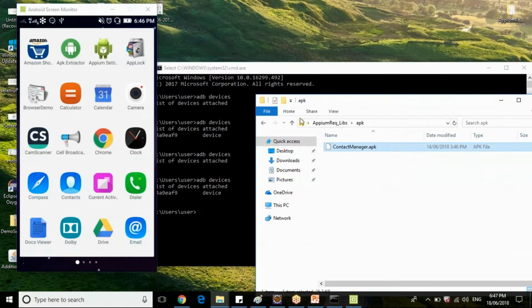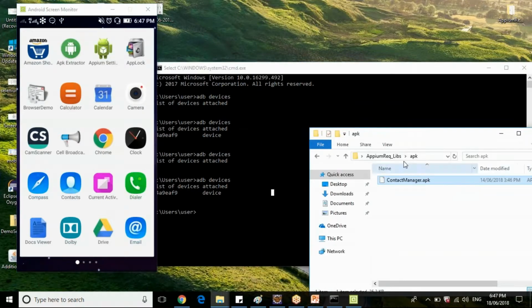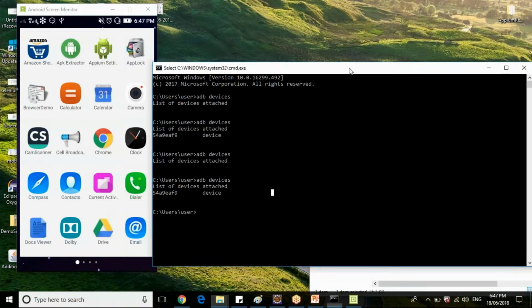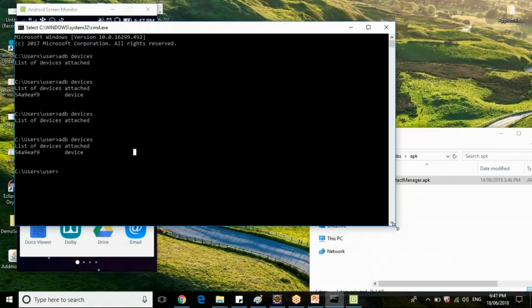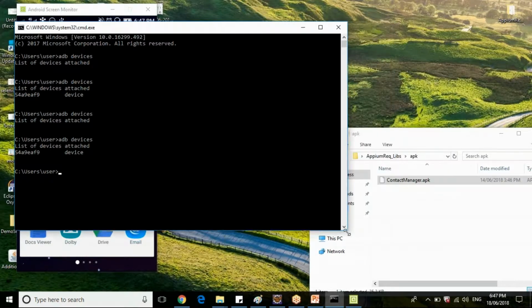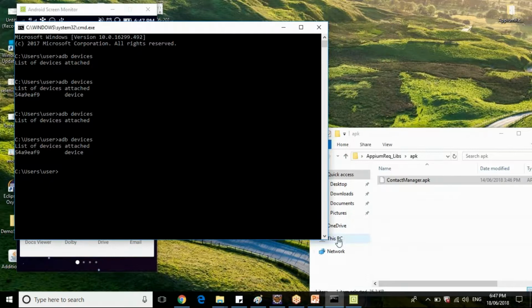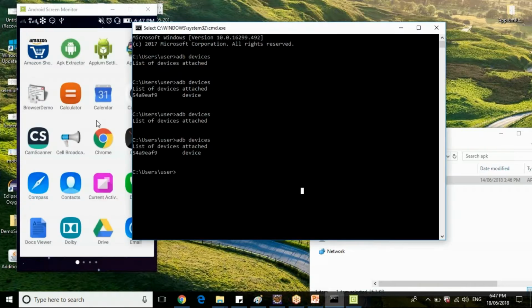So what is this APK file, guys? Contact Manager.apk. What is this APK? This is the application file which is used to install into the Android mobile device.